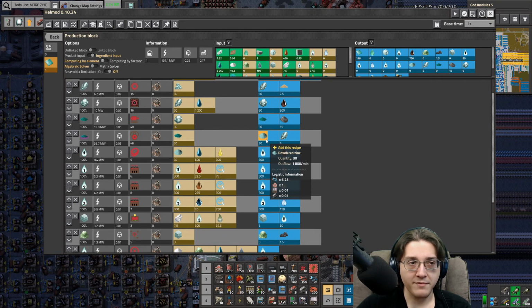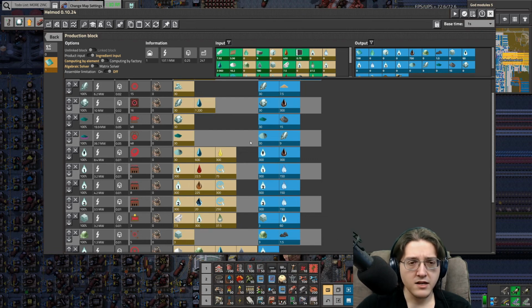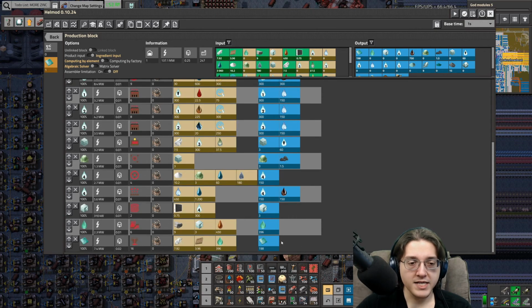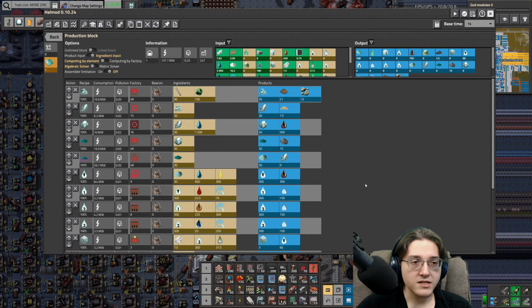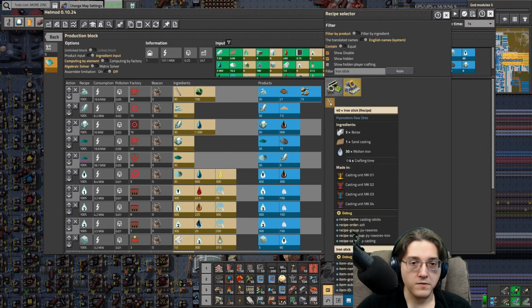So suffice it to say, I have about 9 something, slightly above 9 plates of zinc per second being produced through the current process. This is gonna be a lot more. The issue is with this. Well, we need